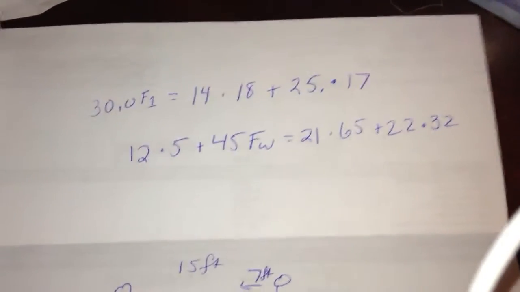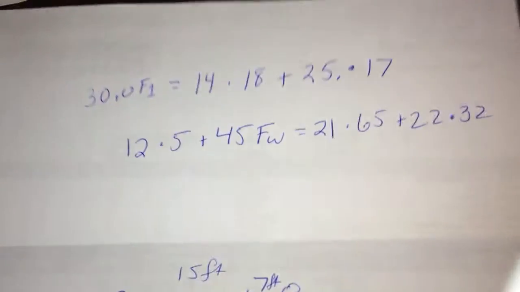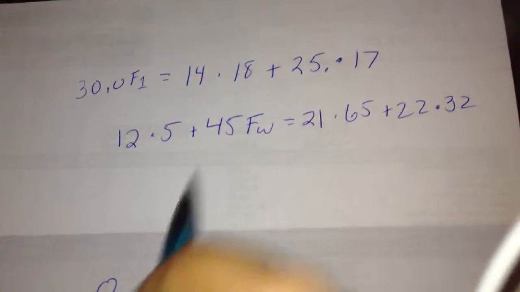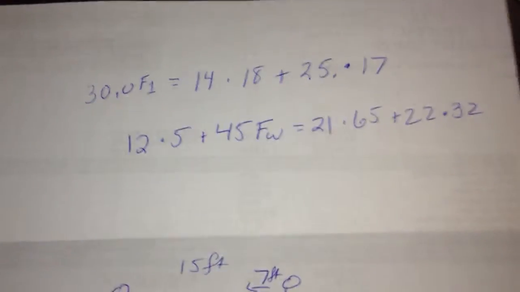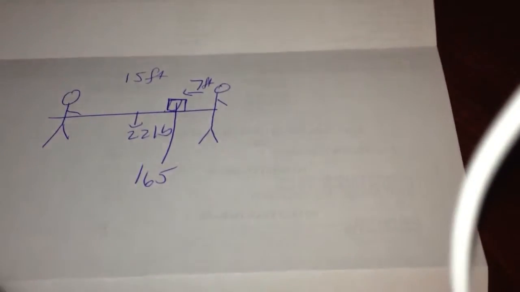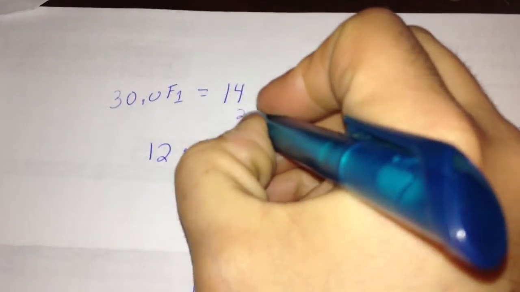So in the first case here, you have 14 times 18. I'm using the dot here for multiplication, so it's not confused with x for a variable. And then 25 times 17. You want to multiply those first. Now I'm going to use a calculator. I don't know if you're allowed to do that or not, but just for expediency's sake, here's what I'm going to do. Multiplying these two together, you get 252 plus,